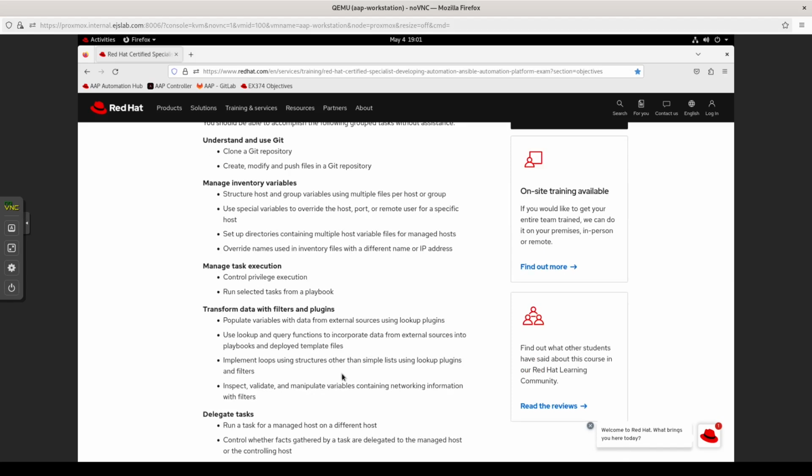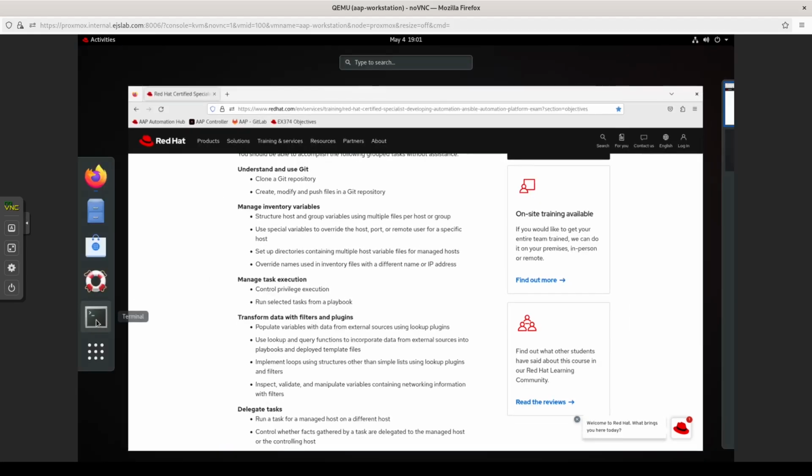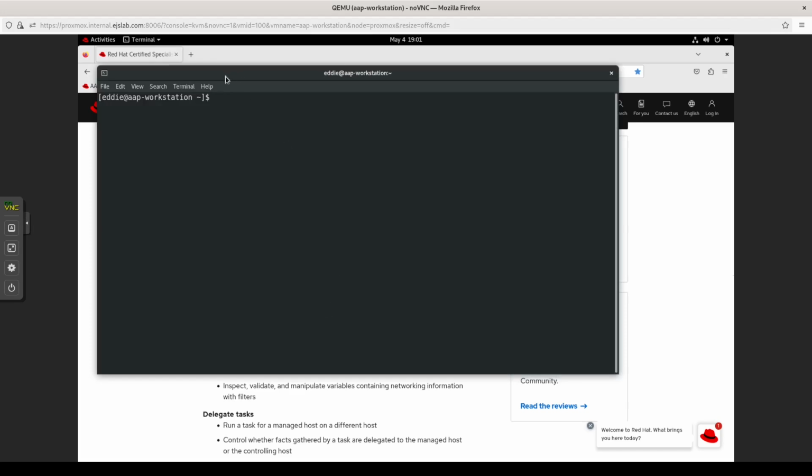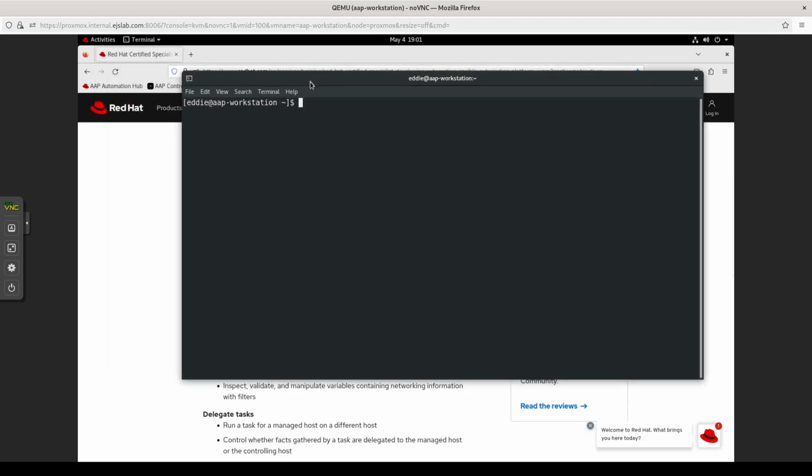Continuing in the transform data with filters and plugins section, which of all of the objective sections is my weakest going into my final 2 weeks, so it'll be getting a good bit of attention outside of this practice session. We're going to look at implementing loops using structures other than simple lists, using lookup plugins and filters. This is actually a pretty interesting one, and one that I haven't used much in